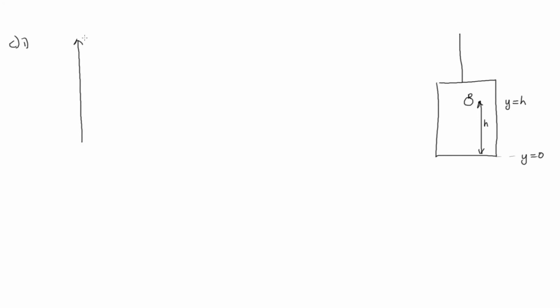So we'll make this our y-axis, and we'll make our t-axis along here. And we've said that at t equals 0, y equals 0. You don't have to choose that; you could define the height of the apple as 0 if you wanted. But with the lift floor, we're told in the question that it's traveling upwards with a speed v, so it's going up with a constant velocity. So on a displacement time graph, the lift floor is going to have a constant gradient. So we can draw it that way,